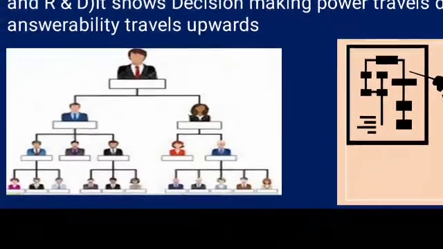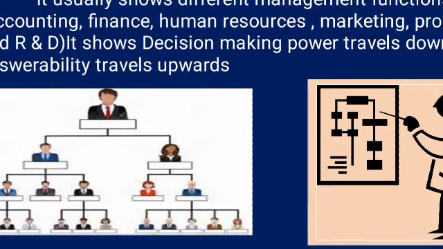See the diagram here. This chart itself shows there is a higher authority, that is a chairman. Under the chairman there are two VPs, vice presidents. One is for production service, another one is for sales. Under the vice president for sales there are sales managers, and similarly under the service vice president there are service managers. Under the sales managers there will be sales executives, and under the service managers there will be supervisors. Under the supervisors workers will be there. This is the chart.